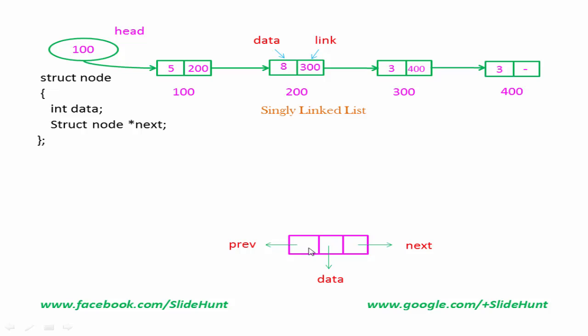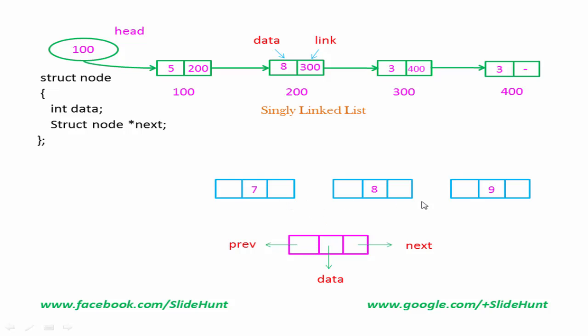Let us create a doubly linked list. Here I have created three nodes. Address of first node is 100, address of second node is 200, and address of third node is 300. The rightmost cell of each node will contain the address of next node. For first node, this field will contain 200 and a link is created from first node to second node. For second node, this field will contain 300 and a link is created from second node to third node. And for third node, this field will contain null.